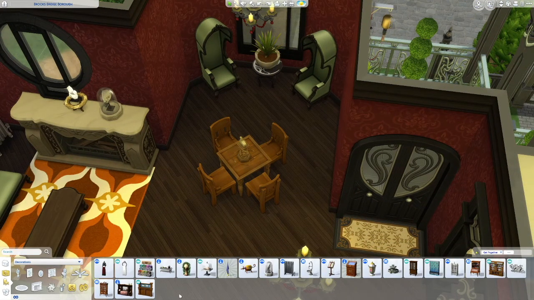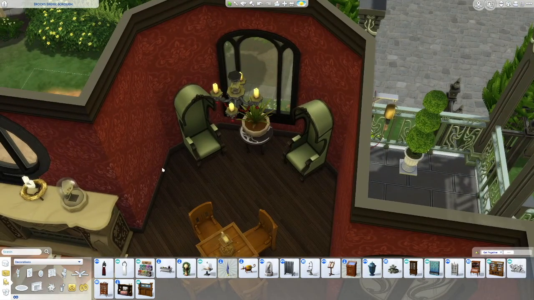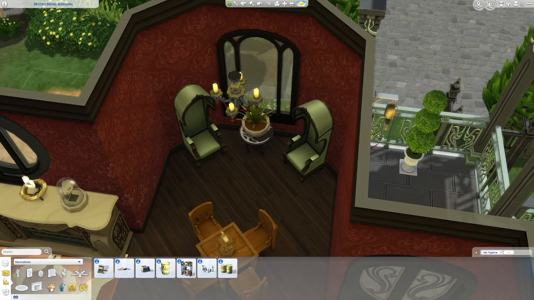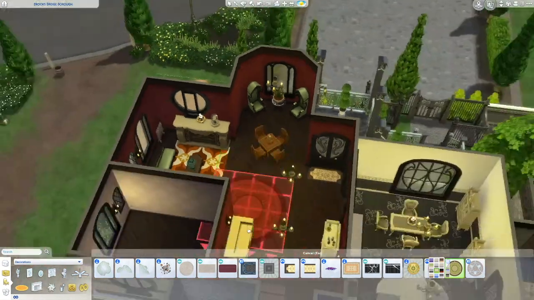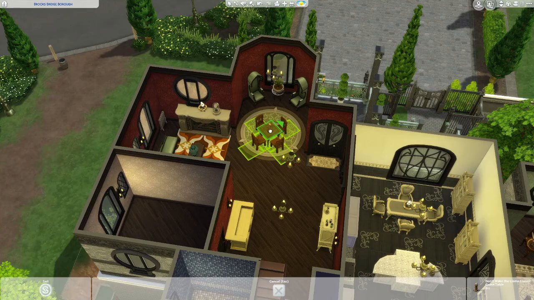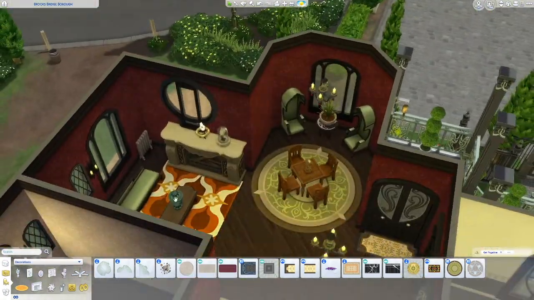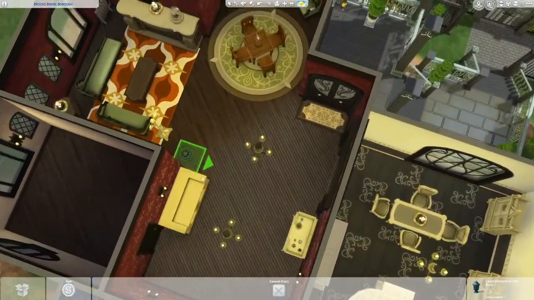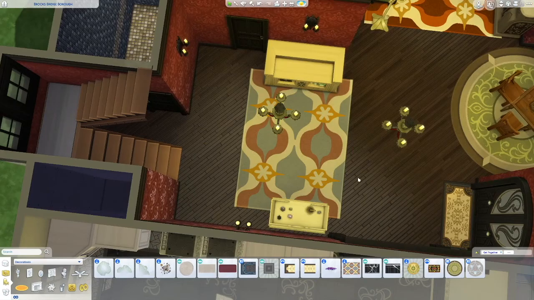So yeah, another thing is that this space is kind of weird to me because I have that little hallway area, and I kept wanting to fill it up with something. I did put the bar there, and then when I was reviewing the build and editing it, I realized that I should have put a